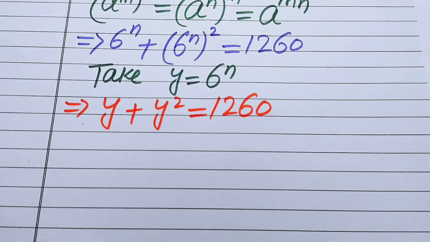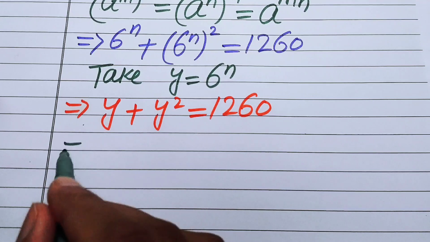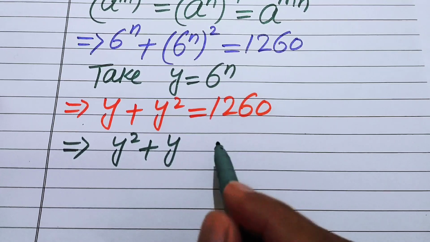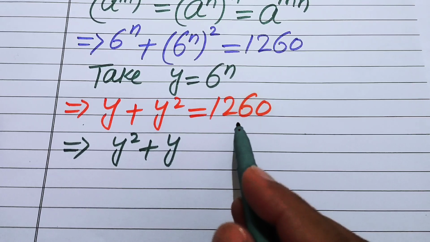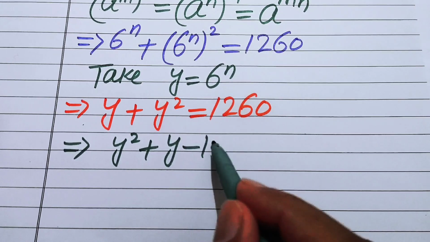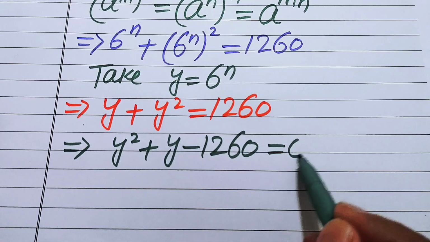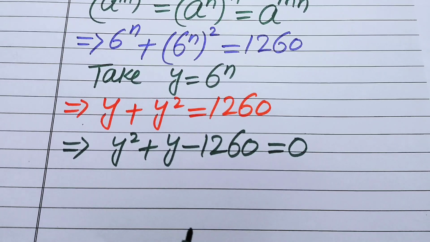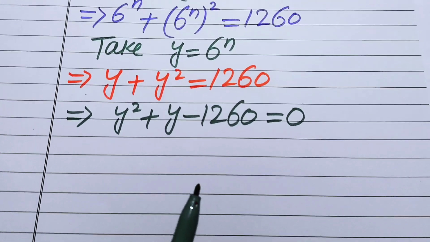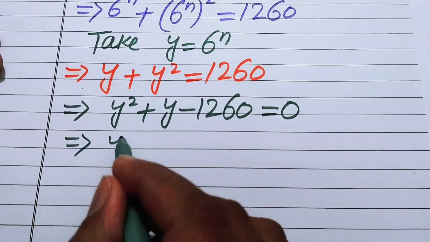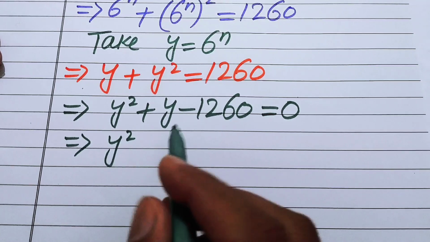So now we will rearrange the terms, and we will make pairs of these terms and find the factors of this equation. First we rearrange the terms and write it as y squared plus y, and we move this 1260 to the left hand side, and you write minus 1260, and this whole equation equals 0. And now here we write this plus y as